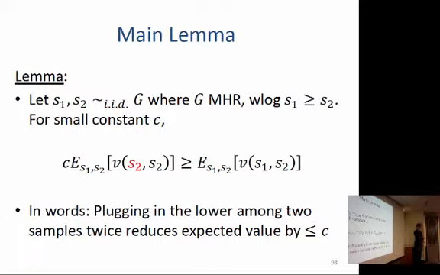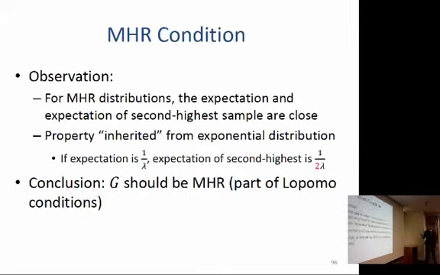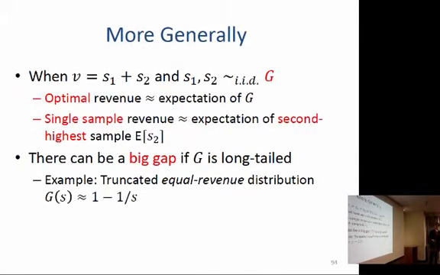The last slide showed that the single sample doesn't do as well as this other natural mechanism. Was it prior-free or not? I guess it's even. You can say it's like prior-free. Yeah, it seemed like it was. At least if it wasn't prior-free, it could probably be made prior-free. Right. It makes me wonder why we're analyzing the single sample mechanism and not this other one. Definitely. I think it's an excellent open question.